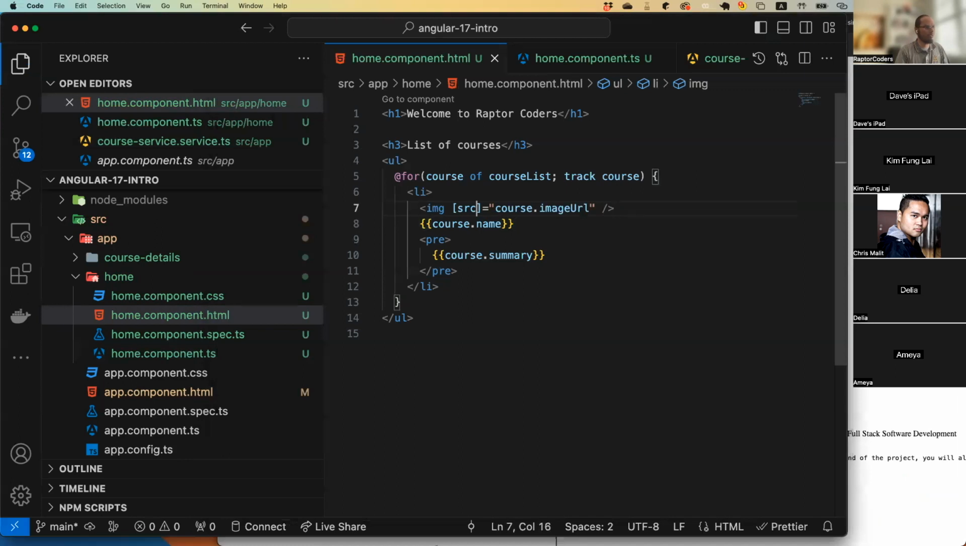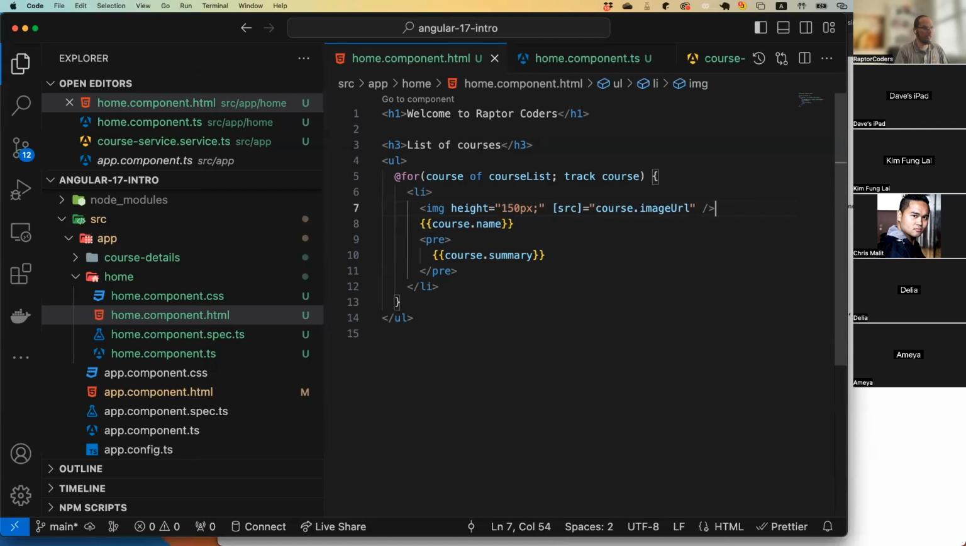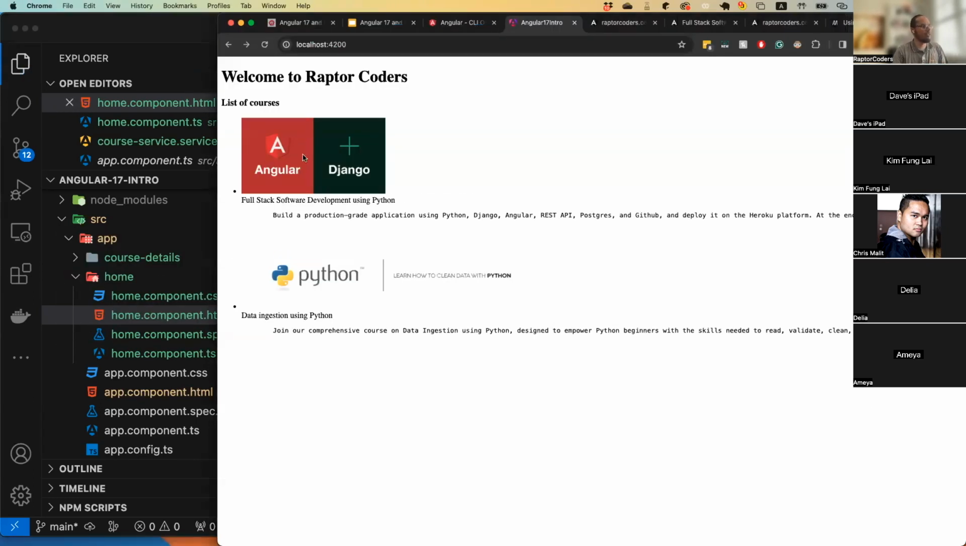How about we fix the image size? That's very easy. You can say height. Maybe I want the height to be more than 100 pixels, so let's just say 150 pixels. So we got the image, we got the title. Let me add a BR here, just to add a break. So I have the image, the title, the description, and again image, title, and description. Yes, it's not looking great, not very presentable, but you can see that